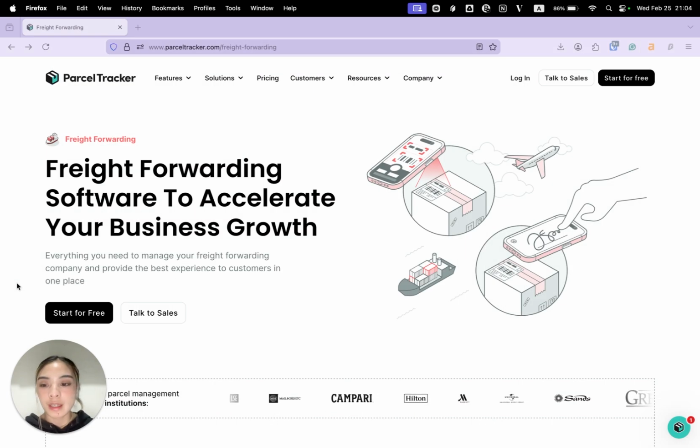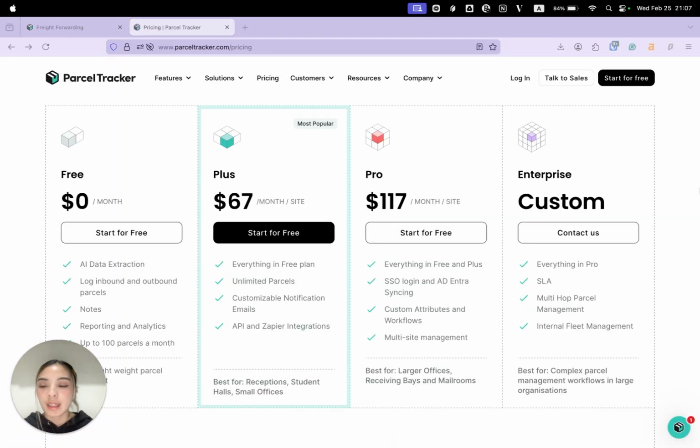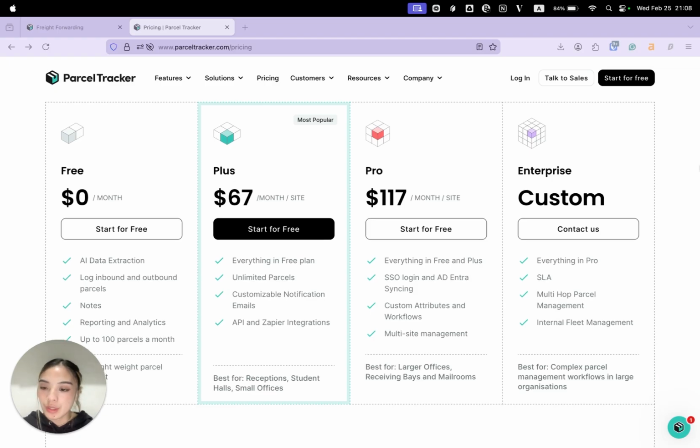First, we'll start by making a Parcel Tracker account. To do that, all you have to do is go to parceltracker.com and select Start for Free to create your free account. After signing up, you'll be able to get a 14-day free trial of the Pro plan, which includes multi-site management